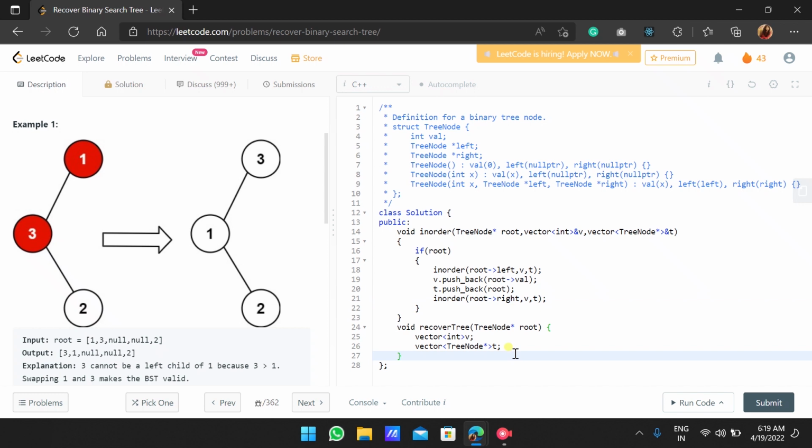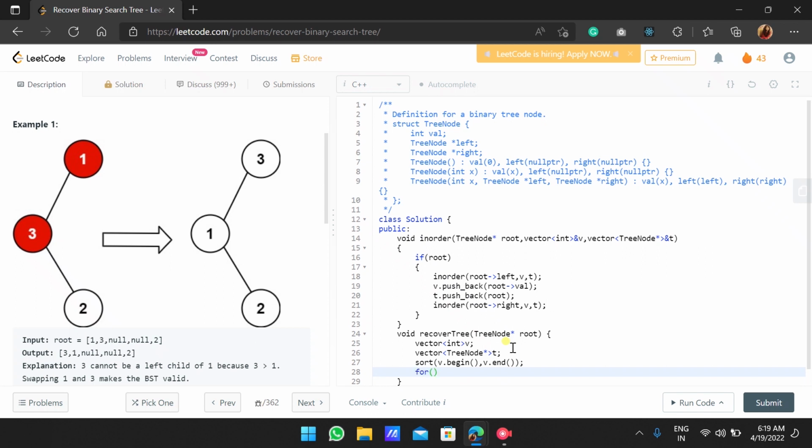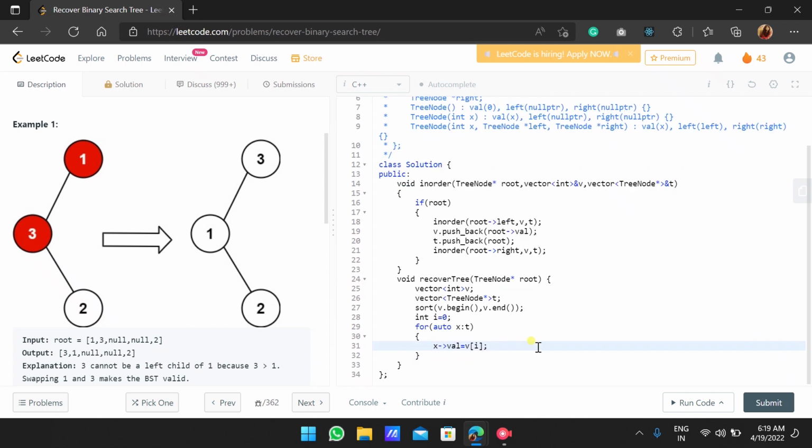So it's done. Then we will sort that vector. Then we will traverse through T. We will take another int variable initialized to 0, and then we will change the value at that address to the value that we have now in V[i], because we have all the elements in sorted manner stored in our vector V. Then we will increment our i.